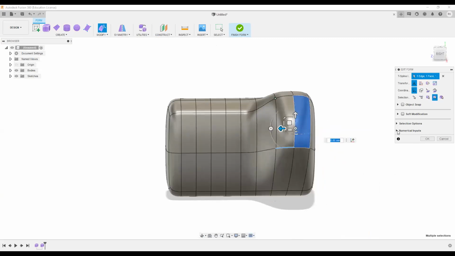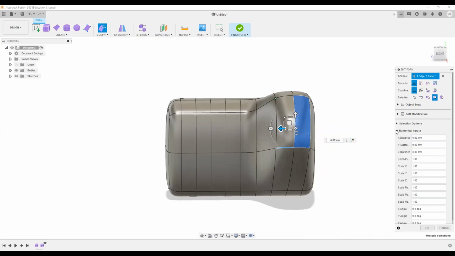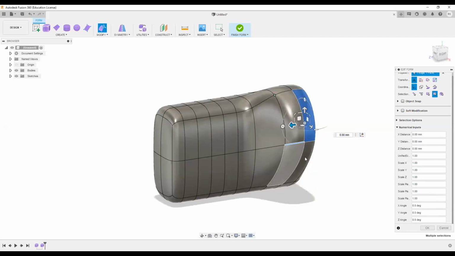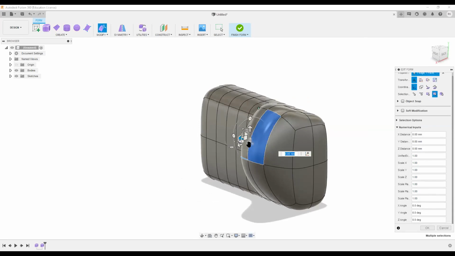And if I have numerical inputs, like the example of the aircraft I've shown, I can input my values here also. There is scale x, scale y, scale z, x distance, y distance, and z distance. But generally, people do not use these because it's meant for research and all that. If you want to make a normal product, we can use this tool. It's very handy. It's a freeform tool.